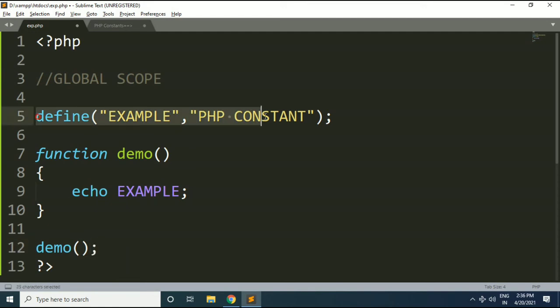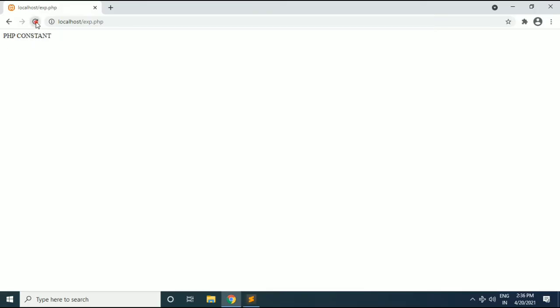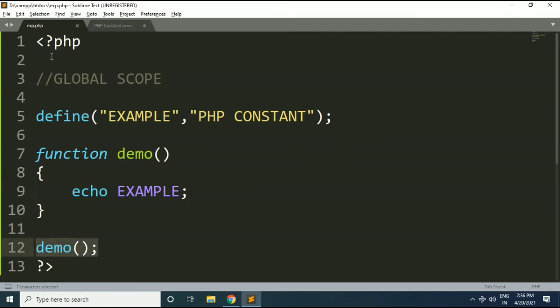Because this has global scope, so anywhere within the PHP script you can refer to this constant. In this example we are referring to this global constant within the function, and here we are calling our function. If I save this code and refresh here, you can see we got the output PHP constant. So what you understood here is that constants by default have global scope and can be used within the whole script.